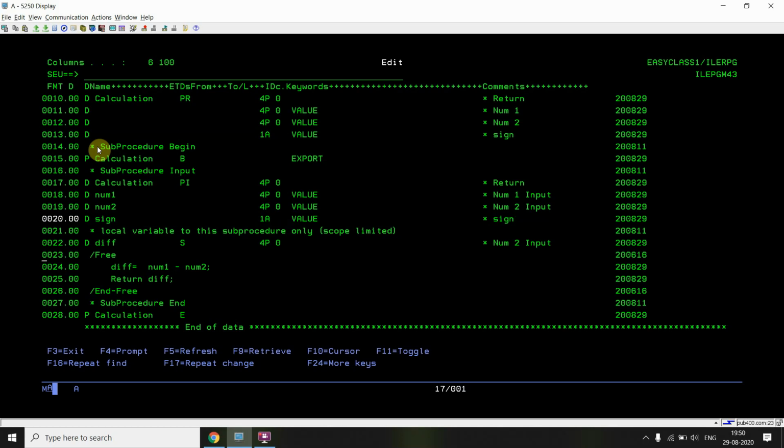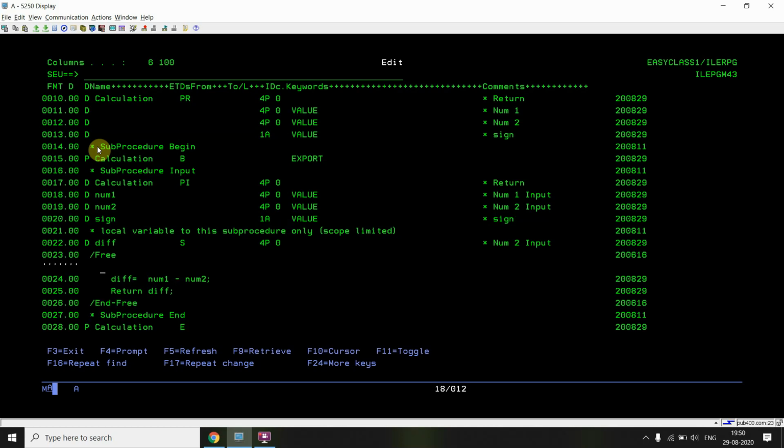So what it will be doing: if sign is equal to plus, then call add. Add is also returning something. Add is basically returning us a result, either that is addition or a difference.